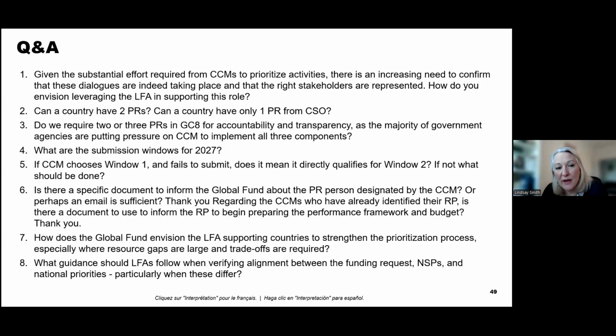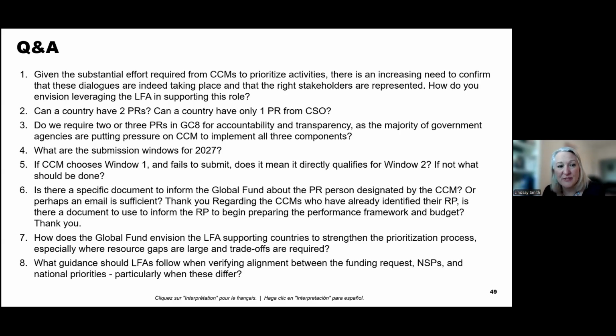Question 3, do we require 2 or 3 PRs in Grant Cycle 8 for accountability and transparency, as the majority of government agencies are putting pressure on CCM to implement all 3 components? So the selection of principal recipients is the responsibility of the CCM in consultation with the Global Fund. And the idea of accountability and transparency is important in all Global Fund operations. But I'm not sure what the connection is with implementing all 3 components. I would just emphasize again that the Global Fund's recommendation to many portfolios in the allocation letter was to explore how to further streamline implementation arrangements as opposed to